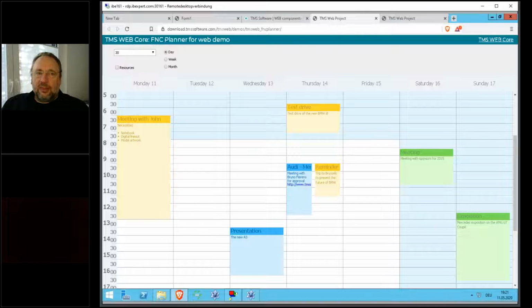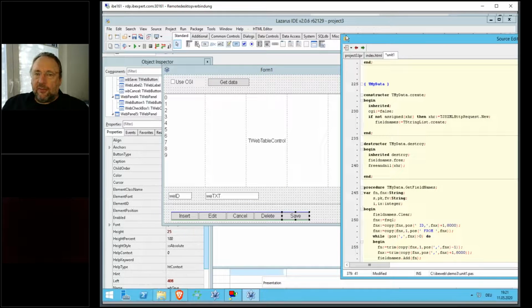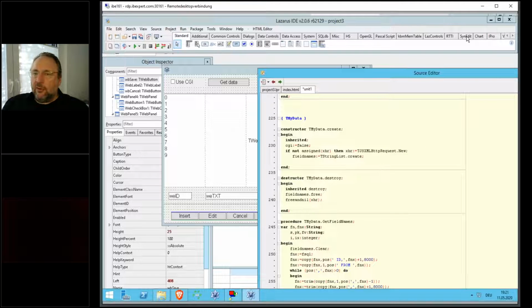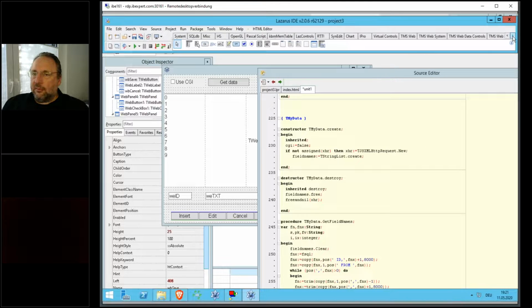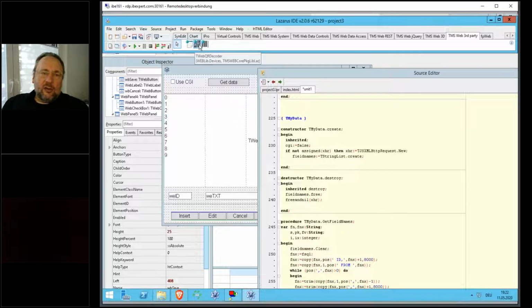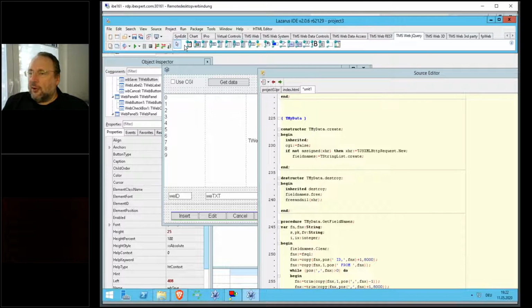So you have here the FNC planner for demo, and you also have the full version of TMSWebCore. It's not everything inside the free version, but in the full version of WebCore, for example, here you have the possibility to display or read QR codes, two-dimensional barcodes, one-dimensional barcodes, 3D operations, jQuery mobile. For jQuery mobile, you have specific